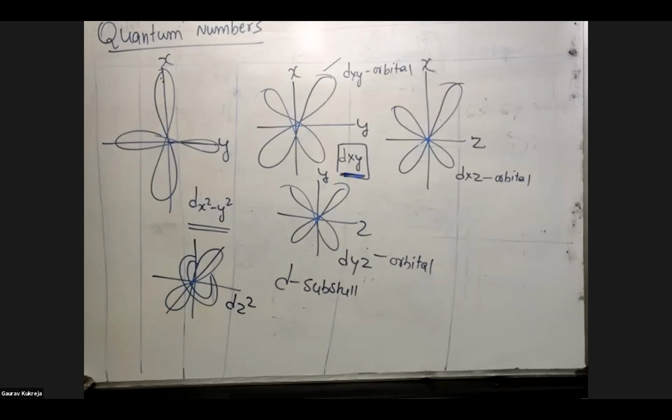Why are there not 2 types of positioning in the XY plane? Parth, not only in XY, you can expect it, see, it is very similar looking, because you may be wondering why there is no y square and z square. That is possible in the case of F. In the case of the F subshell, I have not told you their names yet, but their names will also show y square minus z square, and x square minus z square. So these are mathematical simulations constructed in supercomputers. You have to construct them inside the coordinates in supercomputers. Then you can expect these things.